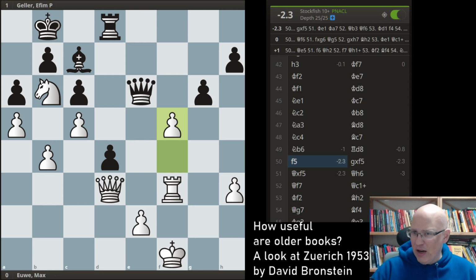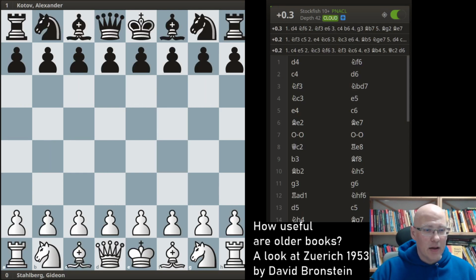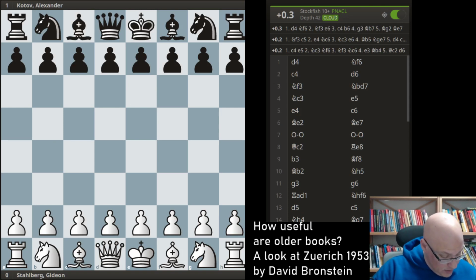This was the example that I came across some years ago. And then last week, a student and I looked at another game from the same book. That is the next one, Starberg against Kotov. It's a coincidence that it's from the same round, round 17. Let's have a look at this one. Here we looked at the whole game because we randomly picked it out of the book, wanting a game that we didn't know beforehand. So it was a randomly picked game, and after this game, I'm going to pick another game at random